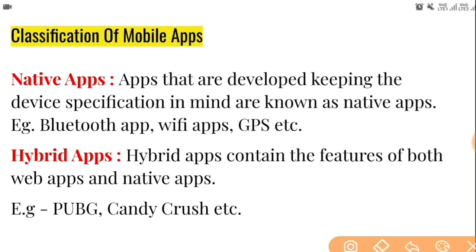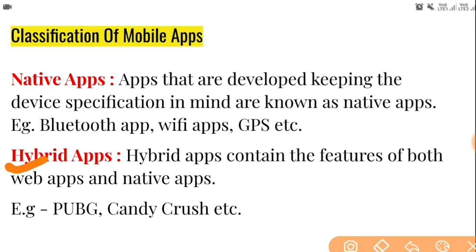Okay, our next type is the hybrid app. Hybrid means two or more things combined together. Suppose there is a feature of web apps and native apps combined, having some physical features like Bluetooth, Wi-Fi, GPS. Hybrid apps have both things, web apps and native apps, like PUBG and